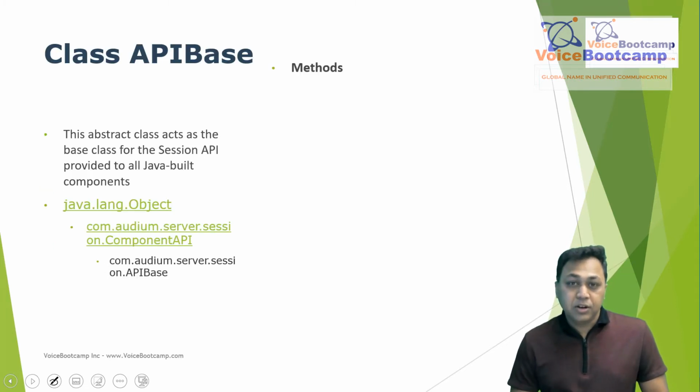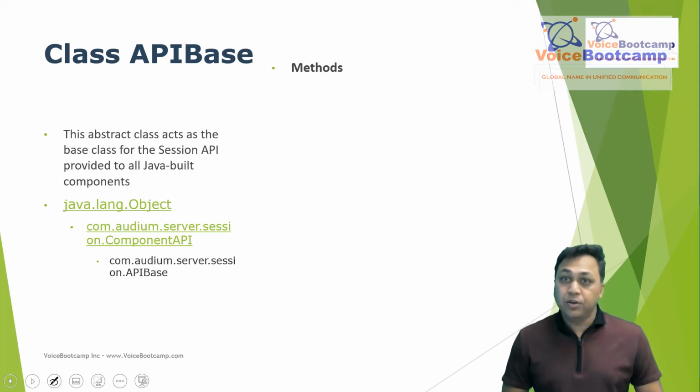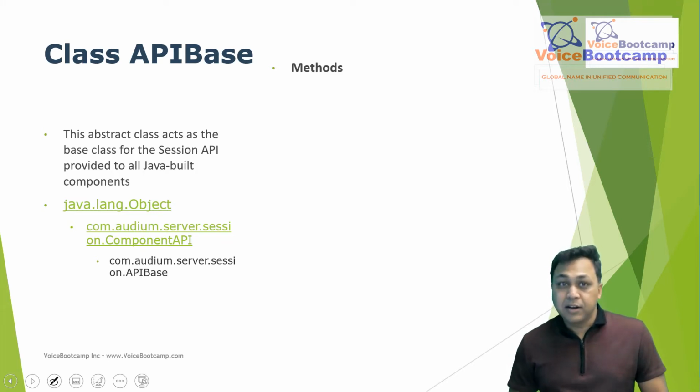Now, this API has many different classes. One of the most important classes we're going to talk about is called the class API base. This abstract class acts as a base class for the Session API, provided to all the Java-built components, such as the start or the end of the classes, dynamic element configuration, generic action, or decision element as well. The methods defined here allow components to modify various information such as triggering logging events or even accessing loggers